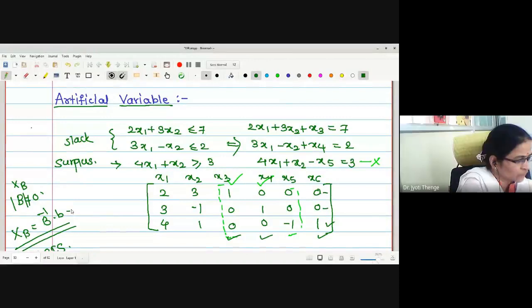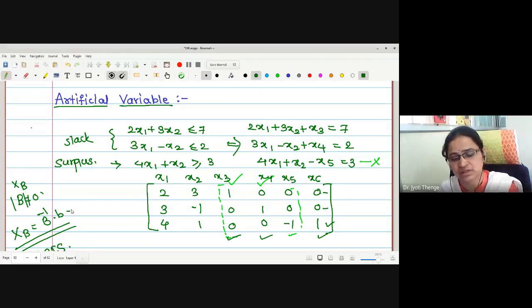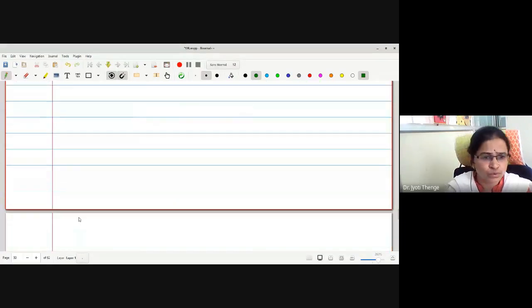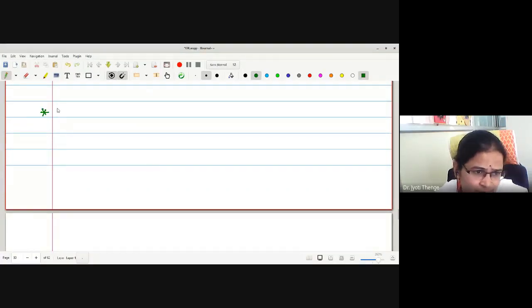Yes, ma'am. Okay, so the idea was clear. Now we have to think of whether the simplex method can be used to solve this. But the usual simplex method cannot be used for solving problems involving such types of variables. Therefore, some corrections are made in the simplex method, and two more methods are developed called the BigM method and the two-phase method. Therefore, problems involving artificial variables can be solved with two types of methods. First, let us write what the artificial variable is.